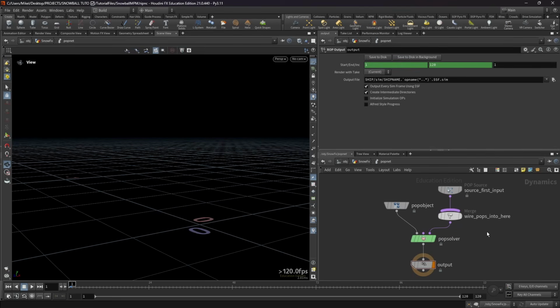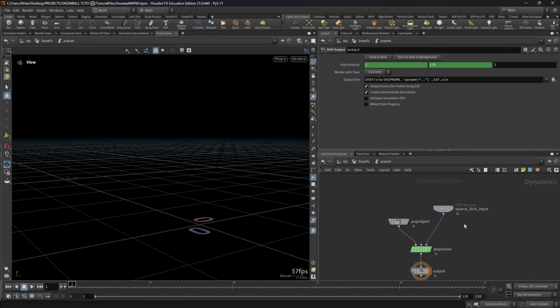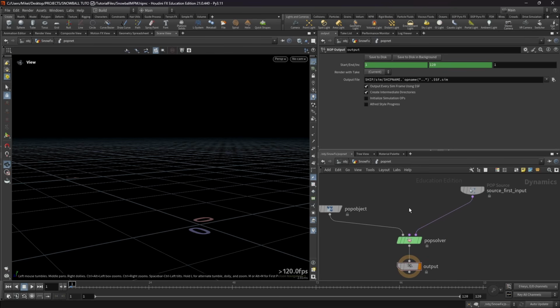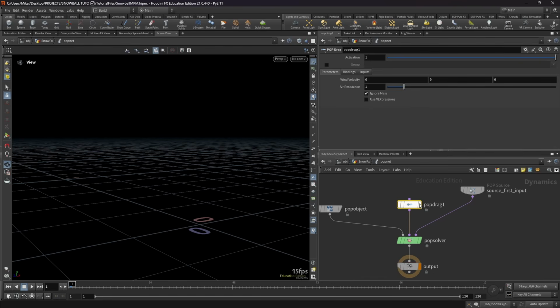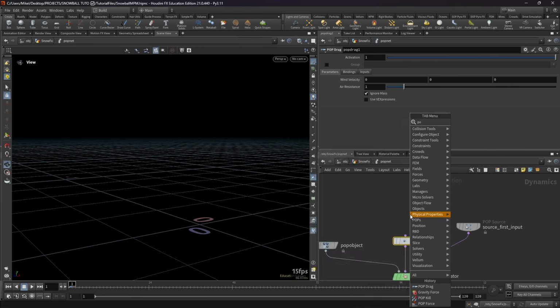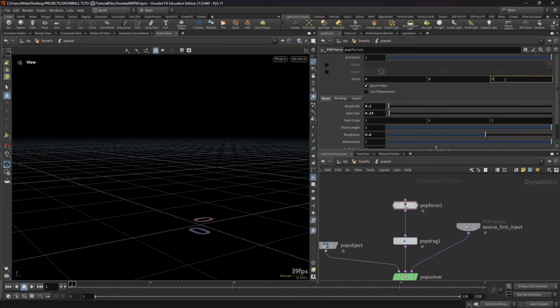So now inside our pop network, I want to delete this, and I want to move this a bit around, and we can start by adding our forces first. So let's add a pop drag, which I'm gonna leave as it is, and I'm gonna add a pop force, and on the pop force I want an amplitude of 0.1, so it's really small, maybe 0.15 on the surface size, and maybe a bit more of roughness, and maybe a tiny bit of wind like this, 0.2, I think